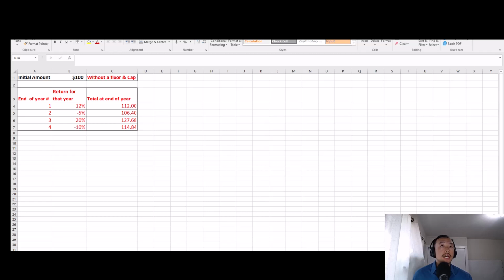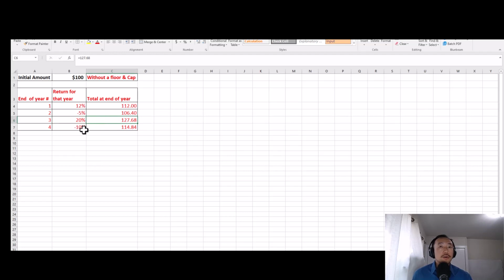So in this example, let's say you had $100 to save, right? And at the end of year 1, the S&P 500 returns a 12%, right? And so that 12% is added to your initial amount, which brings your balance up to 112. Now let's say the following year the S&P yields a negative 5%. Then the negative 5% is applied to the total of 112, bringing down your total to 106. And then let's say in the next year, in year 3, the S&P 500 yields a return of 20%. The 20% is then added to the balance, which brings it to the new balance of 127.68.